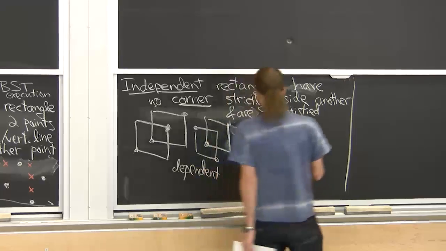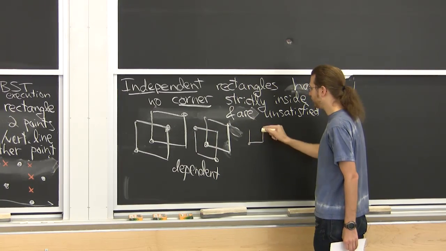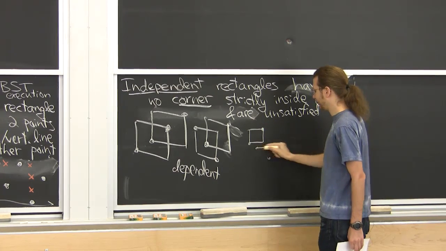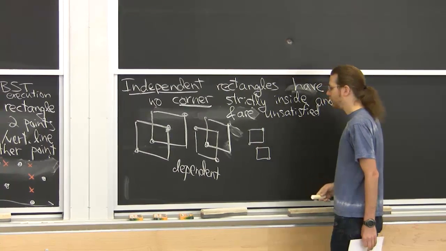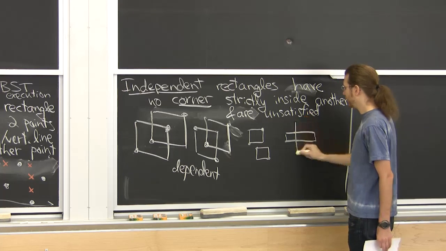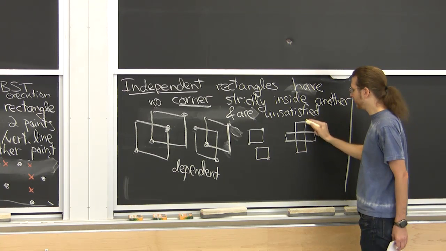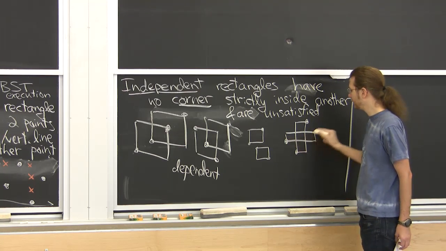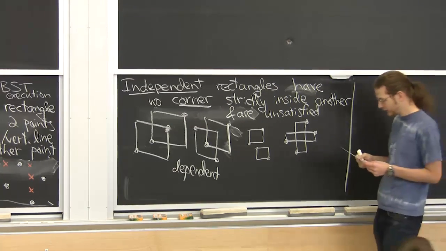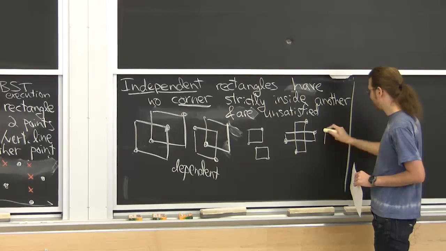And so, in particular, independent rectangles, well, for example, they might be completely disjoint. Those are going to be independent. Something like that. It's independent. But there are some other cases, you can have rectangles that look like this. It doesn't matter where the points are, maybe here, here, here, and here, or the other way. These are independent. And there's one other kind of special case,